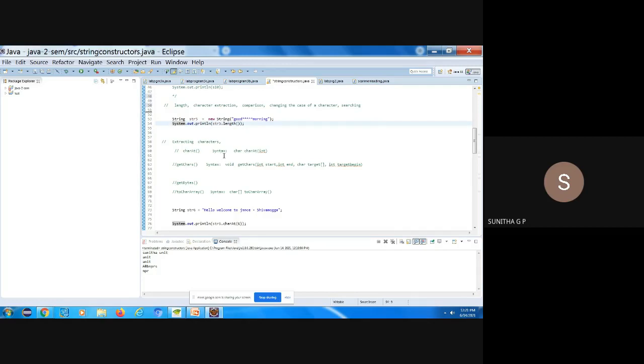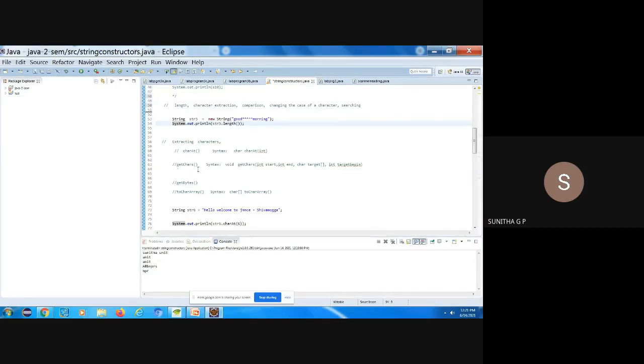Its syntax: the return type is char, charAt is the function name, and we pass an int, that is the index of the character. Suppose my string length is 100 and I want to extract the 50th character. I just take s1.charAt(50), and if I send that value, the 50th character will be extracted. So this function is used to extract one character.